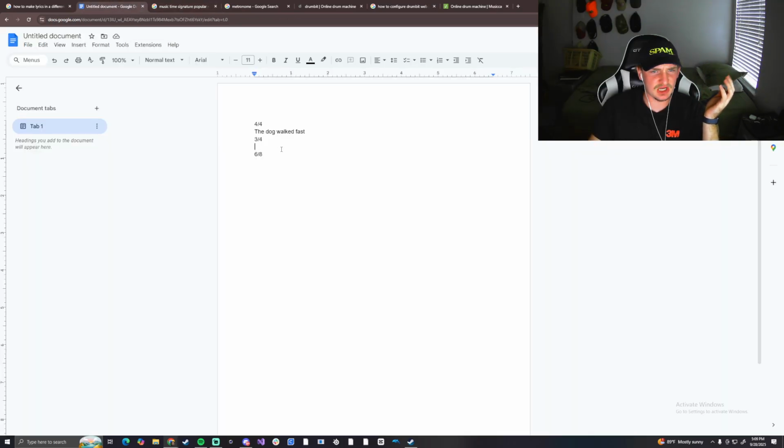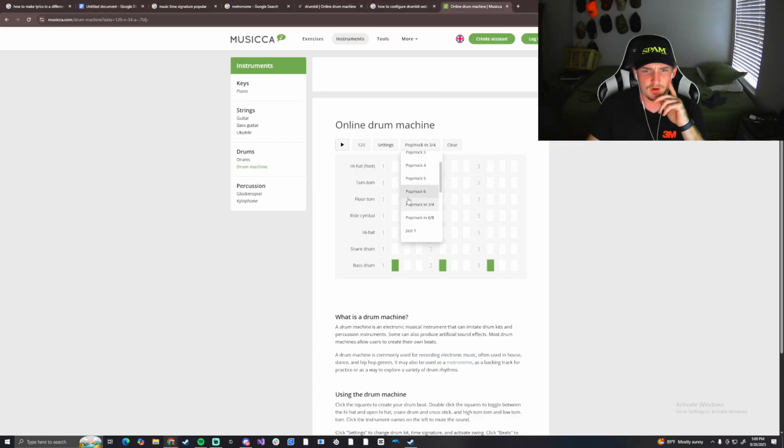So, I mean, the dog walked fast, 3/4. We're looking at dog can't walk, right? Dog can't walk, but we're doing that in a 4, right? I'm misunderstanding something right now. Dog can't walk.